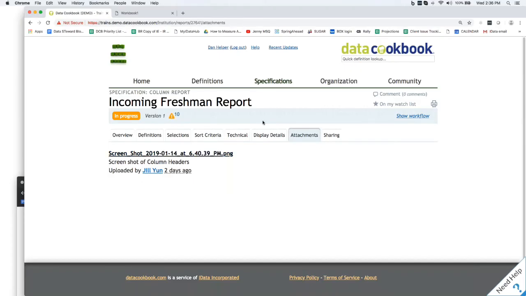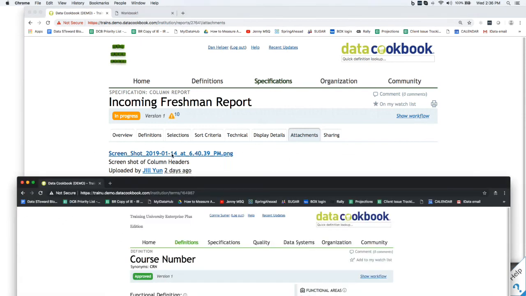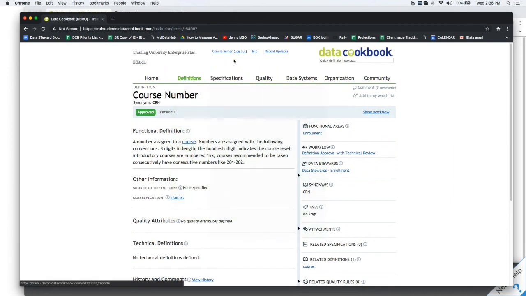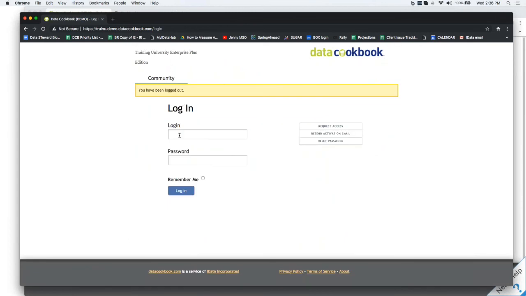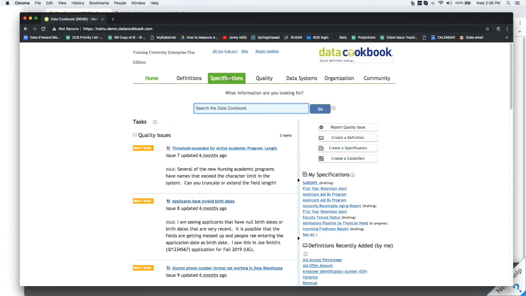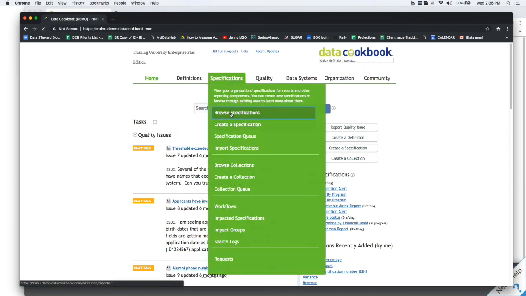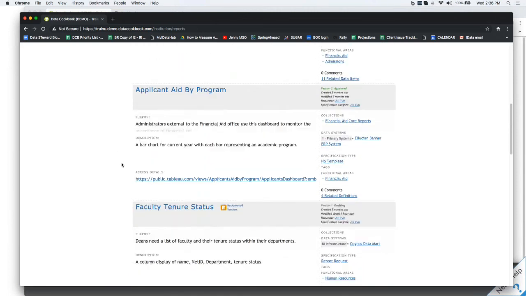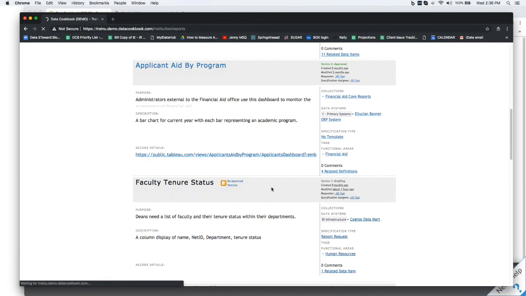And so Jill, in her request, we're going back to our enterprise account. She wants to share that snippet with her report writer, and say, you know, can you give me something that looks like this? So the spec is already in play. There was something about faculty, wasn't it? Faculty Tenure Status. So Jill is the requester,